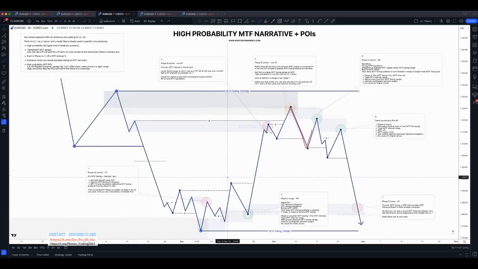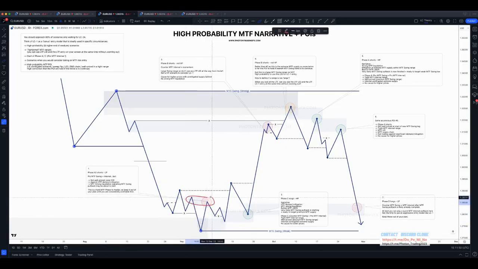Is it a sweep flip? Okay, so sometimes like this POI here, it reacted from this supply. So we flipped it, broke structure, it swept liquidity, right? That's going to be a high probable POI, especially when you combine it with phase C,